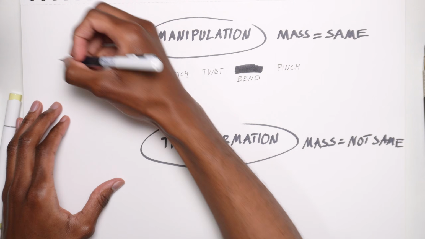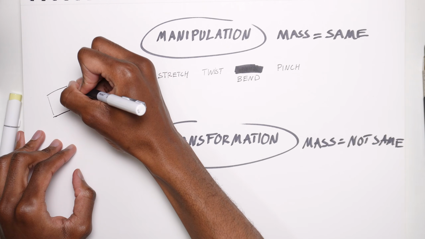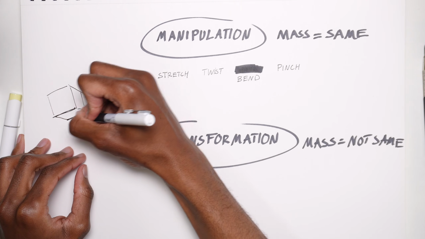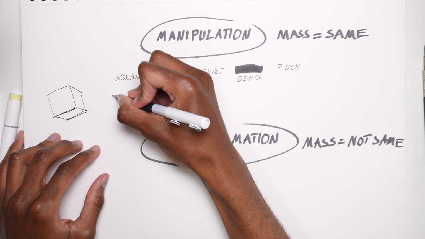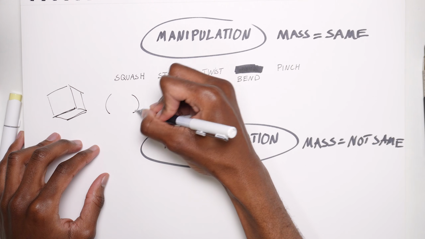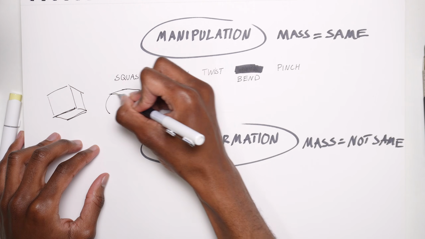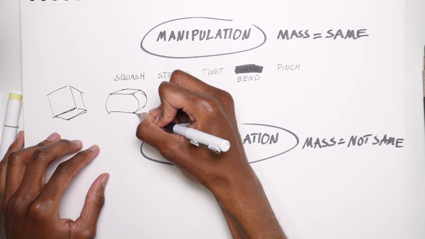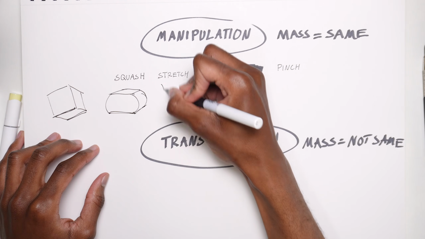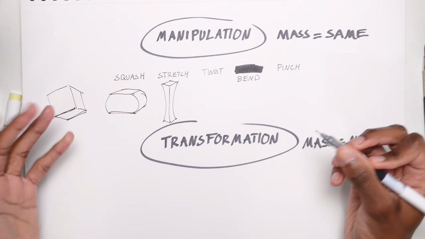So let's see what this will look like. We're going to use a square for both of these examples. Actually, we'll make it a cube so you can exemplify the most complex version of something. If you squash a cube, we can just press down on the top and then the sides might come out like this. Squash a cube. Now, if we stretch a cube, it would be the opposite. The sides would cave in, sort of like it's made of clay.